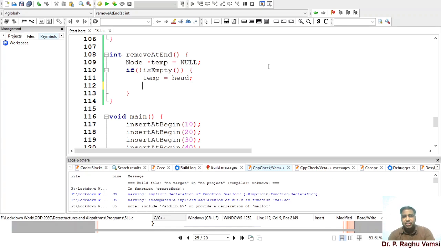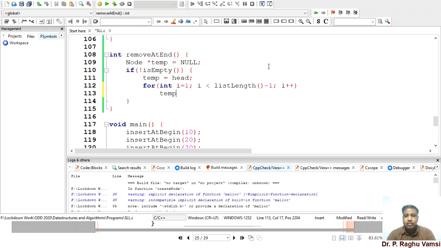It will not count as zero. So int i is equal to one, i less than list length minus 1, i plus plus.